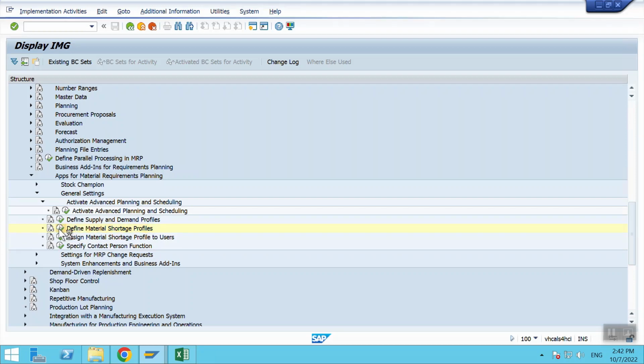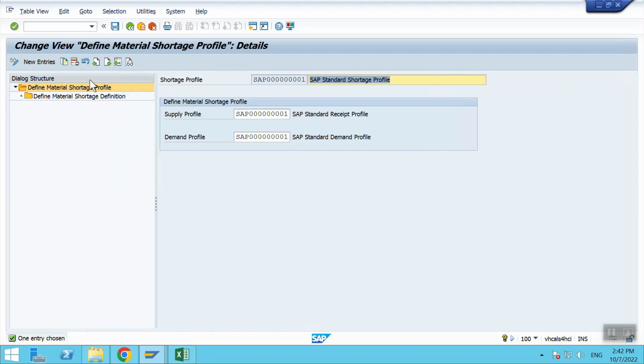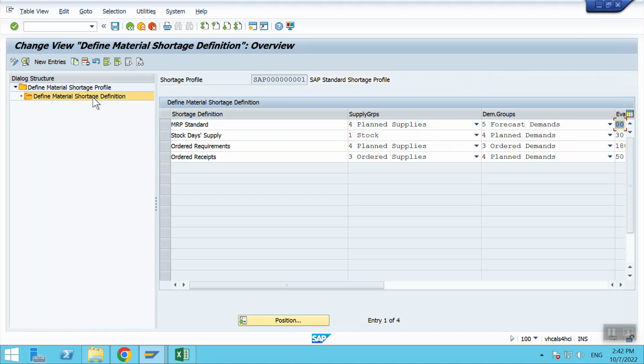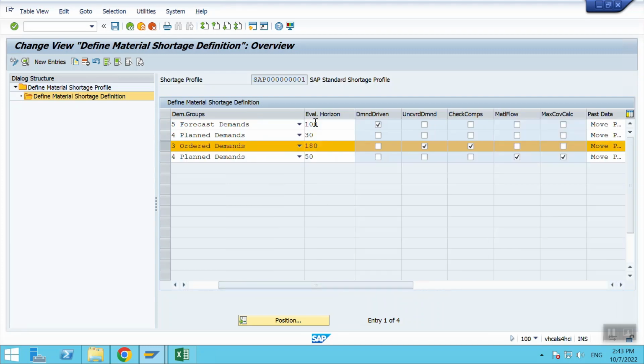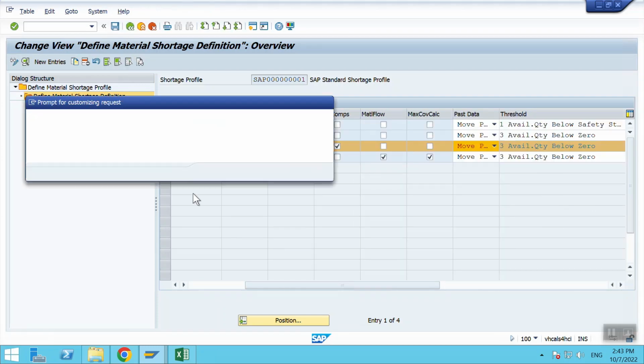Okay, if you go inside this, here you have the standard profiles. I would suggest not to make any changes on your real system. You can always copy the profiles and do some changes over there. Now if I go to the shortage definition, here you can see different shortage definitions are available. So this is the one which is showing up there, and I have configured 180 as your evaluation horizon. So suppose if I want to change that, I would give 150, press enter, save,